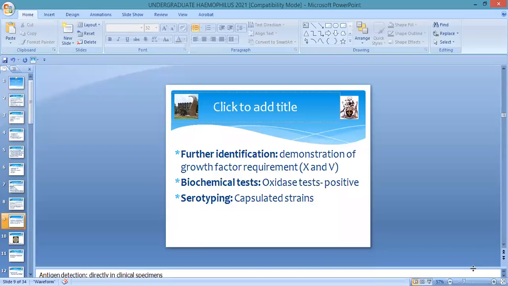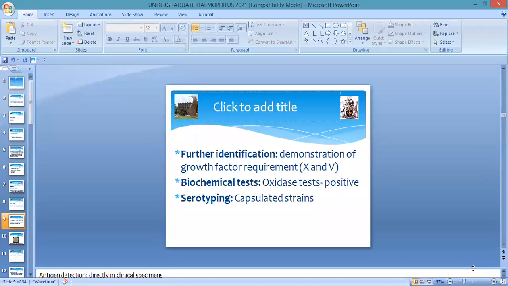For further identification, you would require to demonstrate the requirement of the X and V factors. We say that H. influenzae requires both factors. In a routine diagnostic lab, you get discs impregnated with the X and V factors and put them in your culture media where you have inoculated the organism. After incubation, you see growth around the discs that have both the X and the V factors. So that's a clear demonstration of